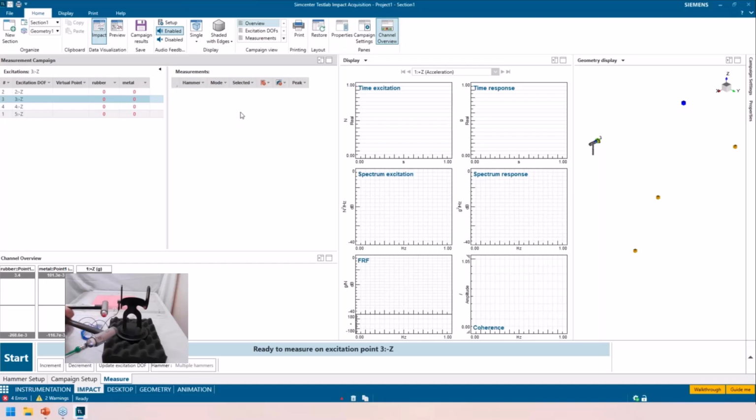So in classic, you had to go out of the software if you wanted to reject a hit or you had to reject a bunch of hits. This one will let you turn off hits as you need to see how that'll change your FRF. And I'll show you what that means.